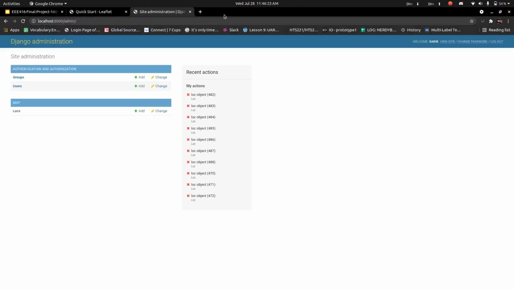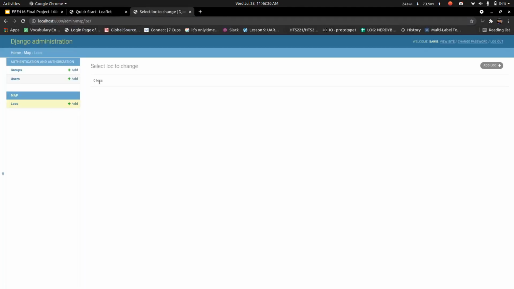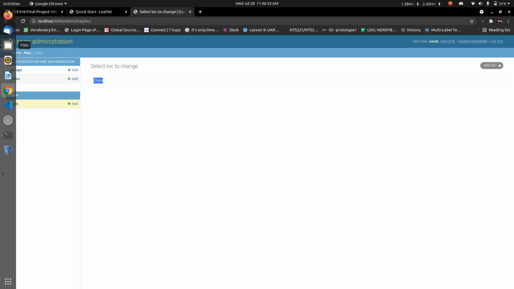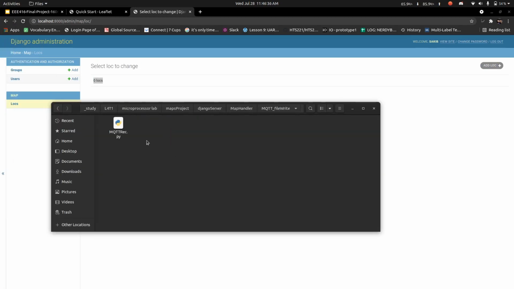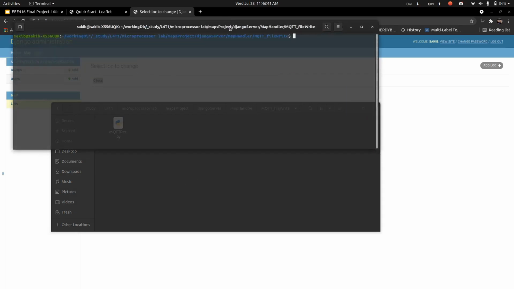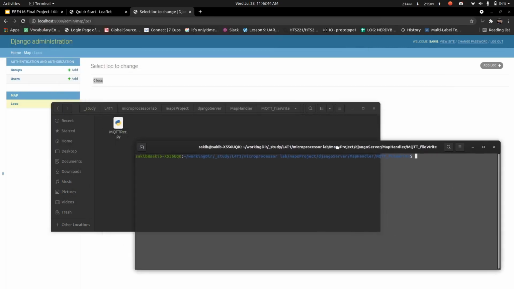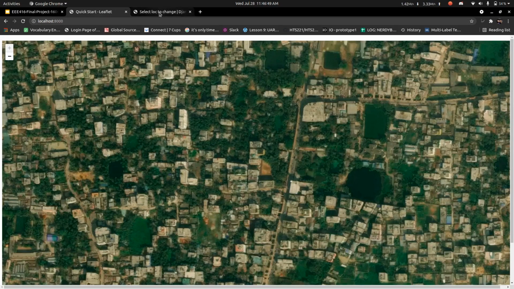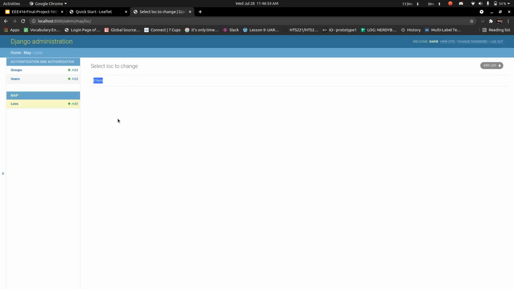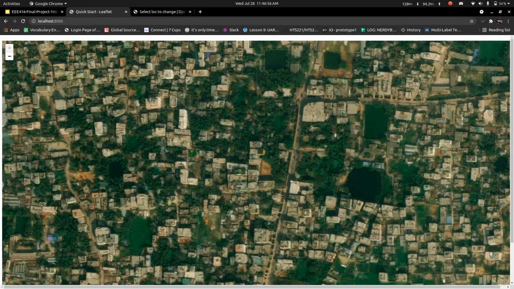In this database, we can currently see that there are no locations stored, which means that we haven't received any data from the device. That's because we haven't executed this script. This particular Python script is responsible for pushing the data coming out of the GPS device into our database. So this web application is fetching data from this database. If we have data in this database, we can see the locations, latitudes and longitudes, everything in this map.